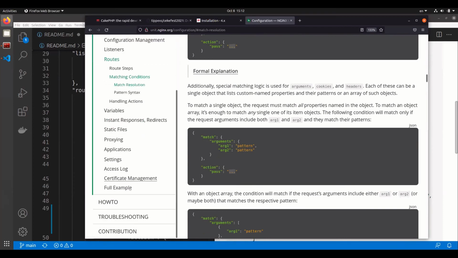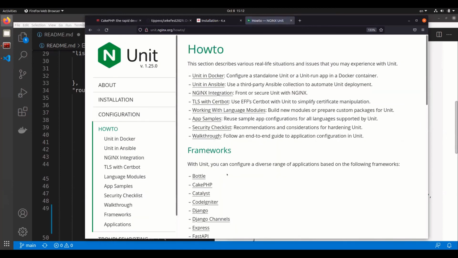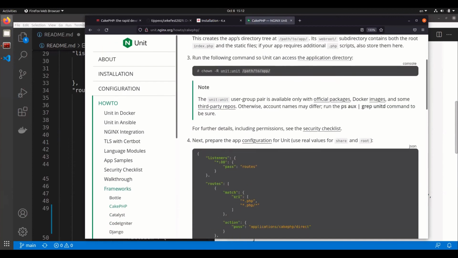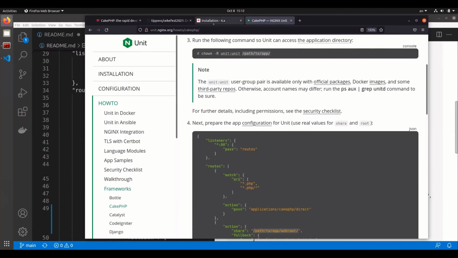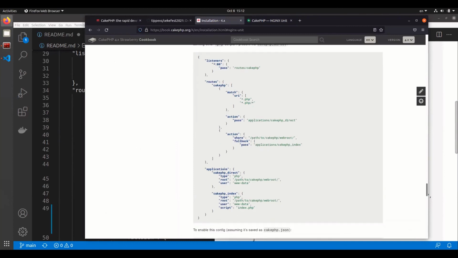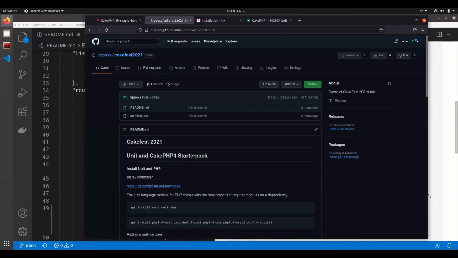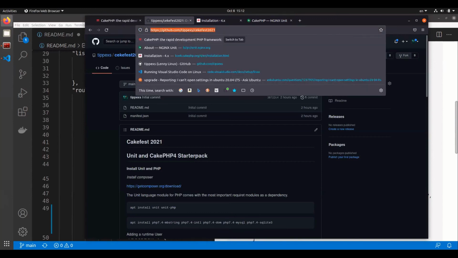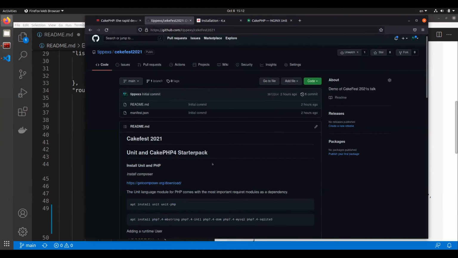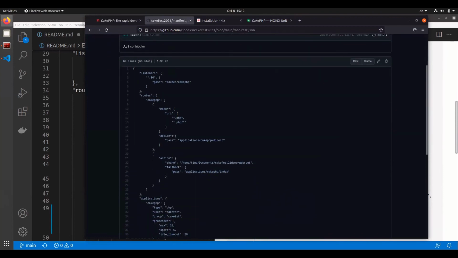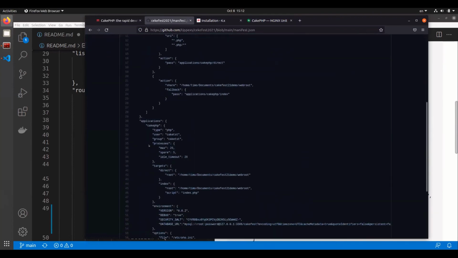That gives you the flexibility to route traffic in the right direction before it hits your application code. And under the how-to section down here, we have this CakePHP example. It's similar to what you have in the install section on the website, but I shared my manifest file on GitHub, and I'll make sure I paste the link into the CakeFest channel later, so you can grab it from there. The manifest file over here has these settings with the processes, the run user,